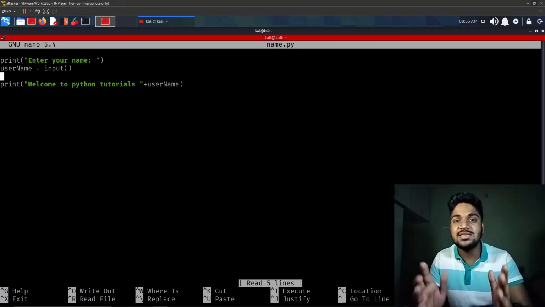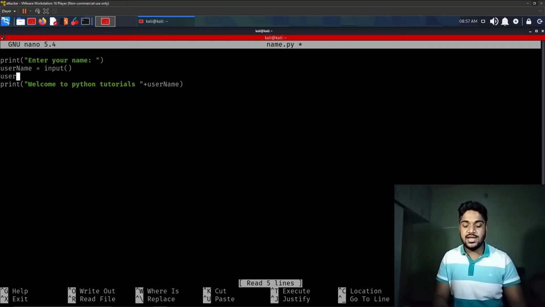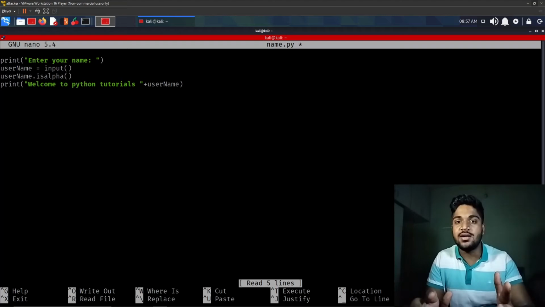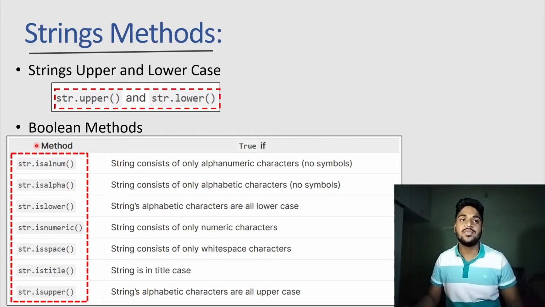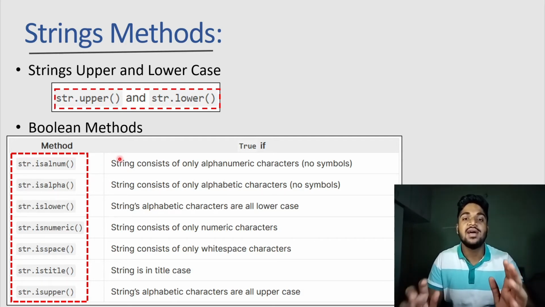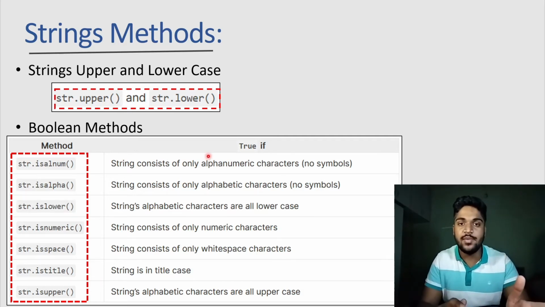If the username is a name only, and doesn't contain any symbols or numbers, we can just type username dot isalpha, and it will tell me whether it is alpha, or numerical, or alphanumerical, which we saw here. isalnum takes the value of the variable and checks whether it contains only alphabets or numbers, and doesn't contain any symbol.